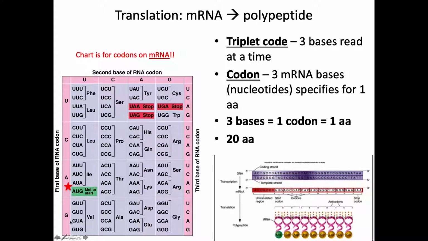Well, A is the first base, so we're going to find along here where A is. So A is here. It could be anywhere in this row right here. And then U is the second base, so we go up here and find where U is. U is right here. That means our codon is somewhere in here. And then G is the third base, so in this row we're going to find where G is, and G is all the way over here in this box. So here's our AUG. This is where our start codon is, and it'll specify for